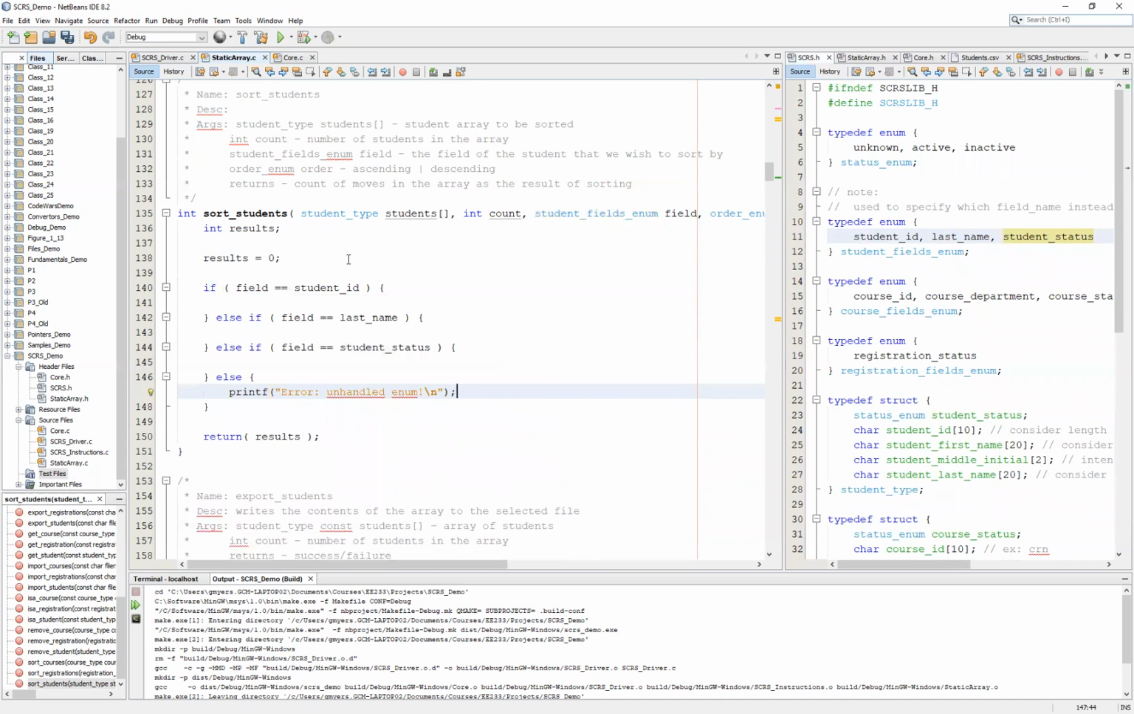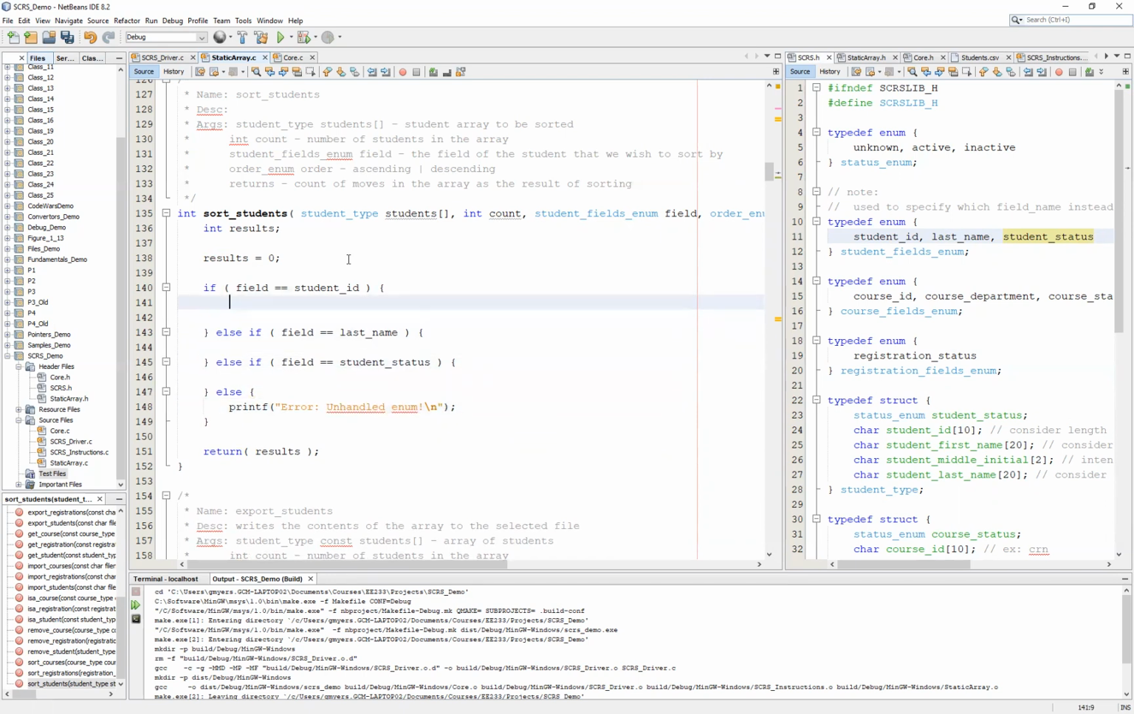Now, if you recall from the setup video, we said that our sort students, the results would simply keep track of the number of changes in our array. So returning 0 as results would probably make a lot of sense for this particular example. And so now what we can do is we can focus in on each of these